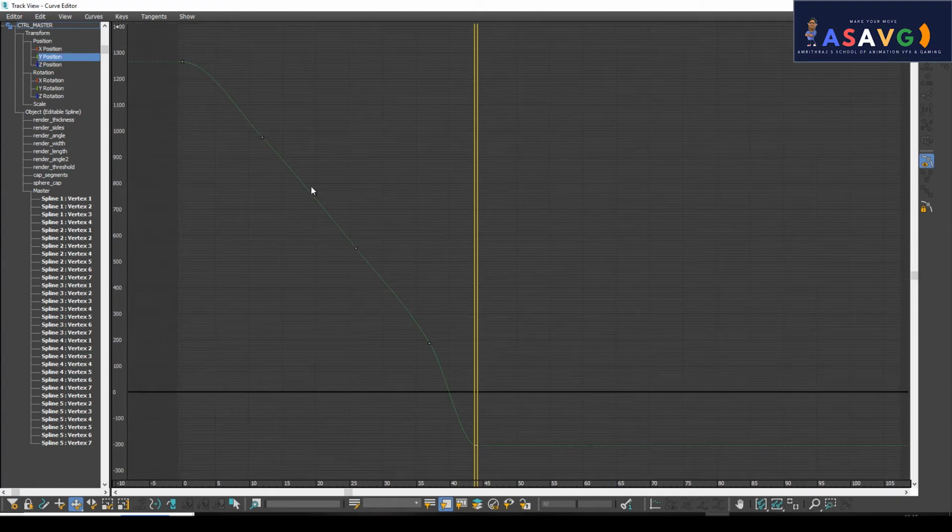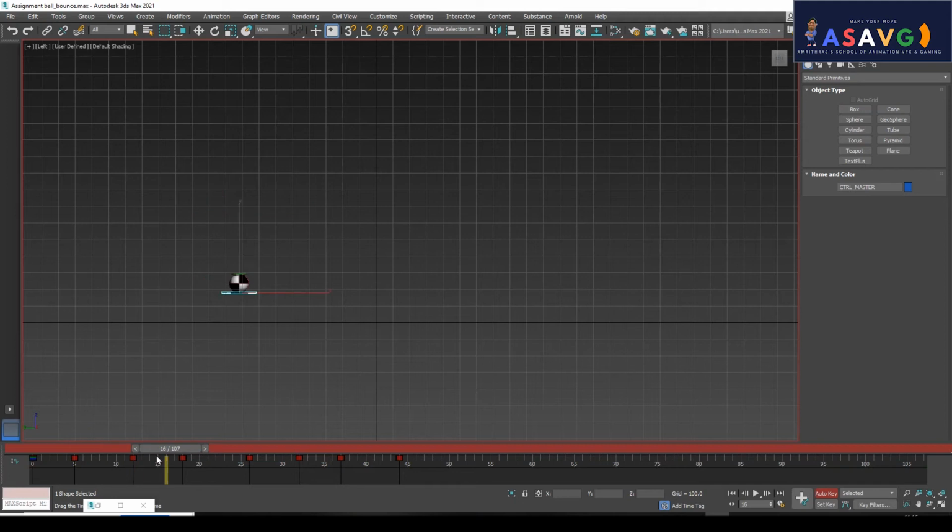On the Y axis, the two keyframes that came, I will be deleting 1 and 2. Make him smoother, and I will be cross checking this. While it is coming up, I will be giving more keyframes for that. While it's coming down, it should be faster, much faster. Down, up, then it comes fast down.